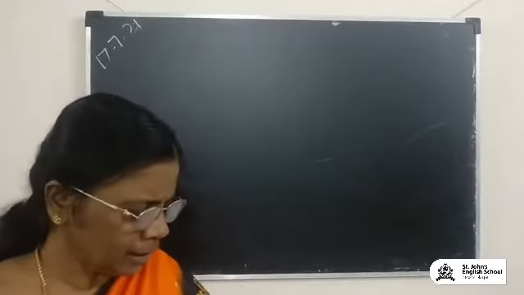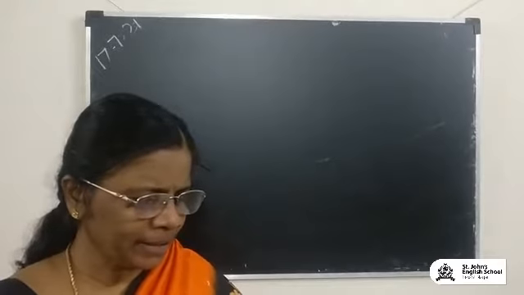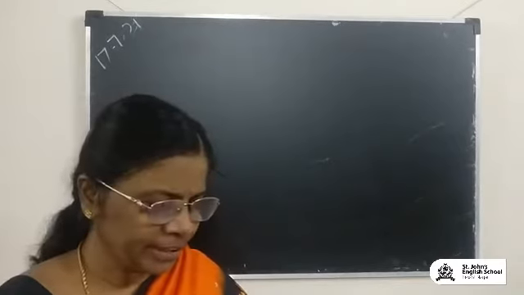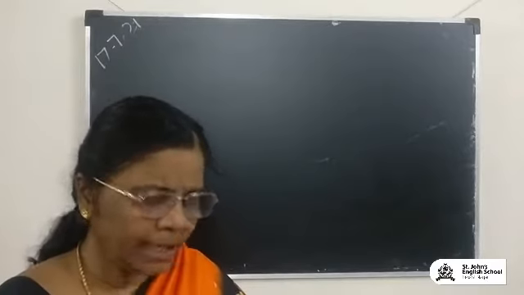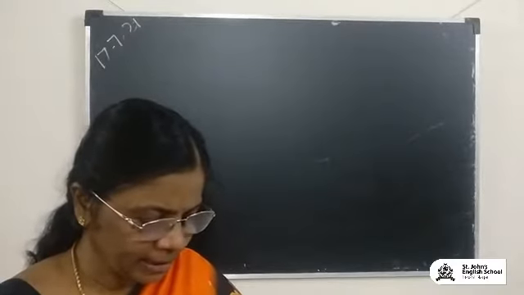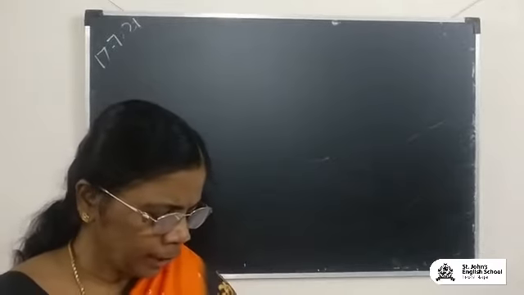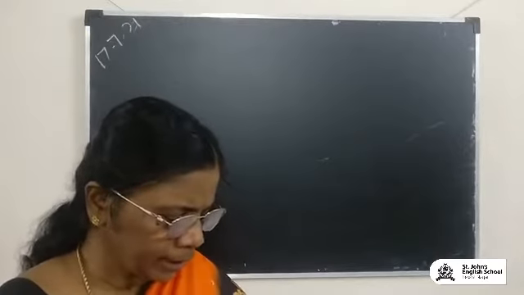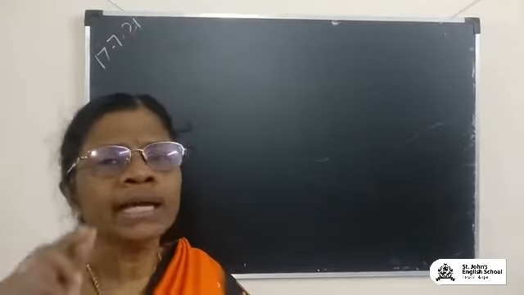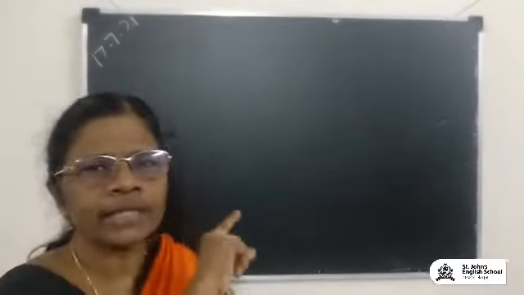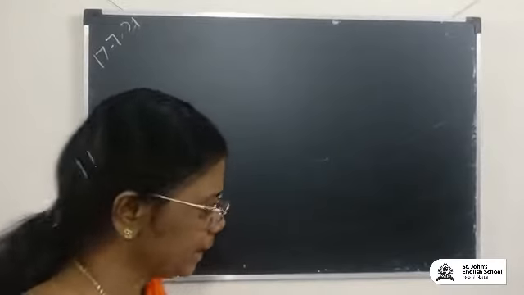Good morning, children. Last class we were learning how to write in figures given the number name, how to write greater than and less than, and how to make the smallest and the greatest 7-digit number. Today, fewer numbers will be given and you have to form the 8-digit number. I'll write the question on the board, and after that I'll teach you.